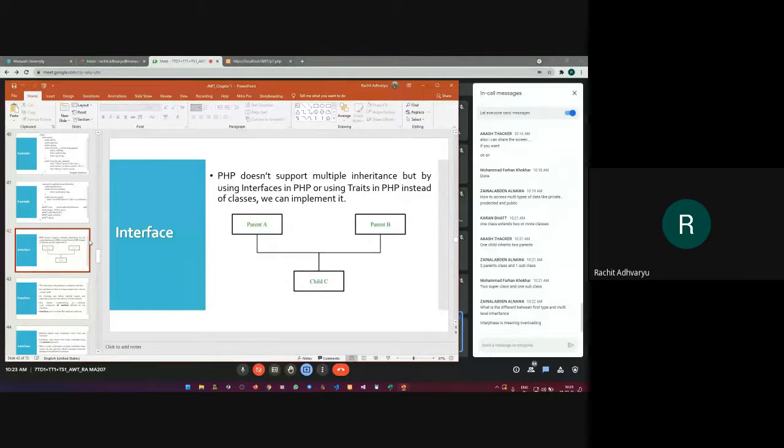Okay, I think it is asking about the first type and the multi-level. In the program that we did, in multi-level we have A to B and B to C. A is being inherited by B and B is being inherited by C. So it is multi-level, it is being inherited level by level. In the first type, A is inherited by B as well as C. So that is what we call multiple. Now is it clear?